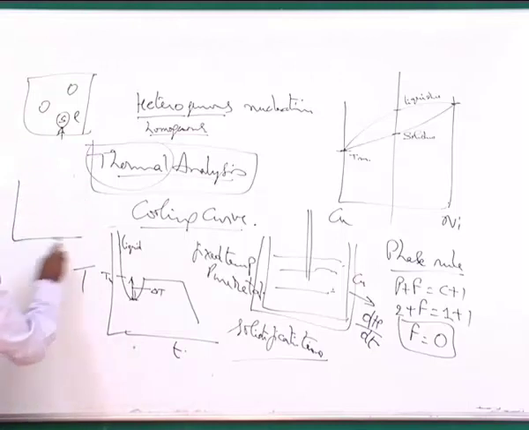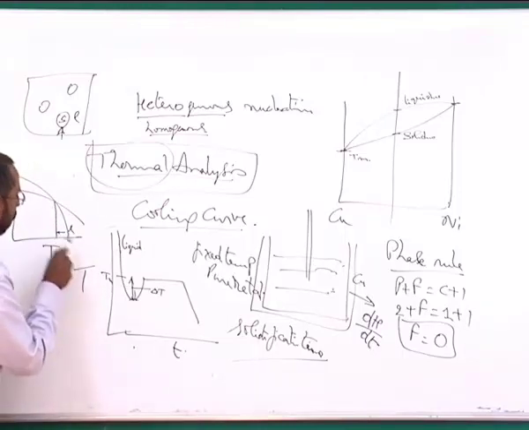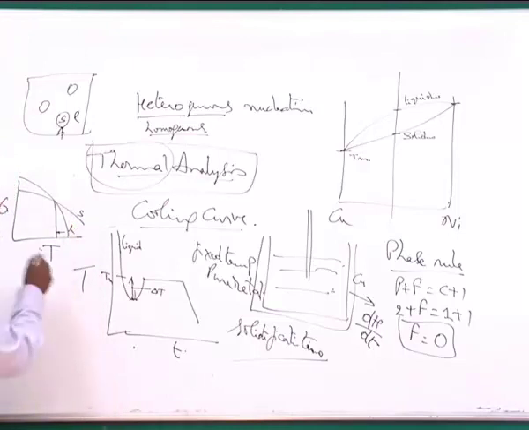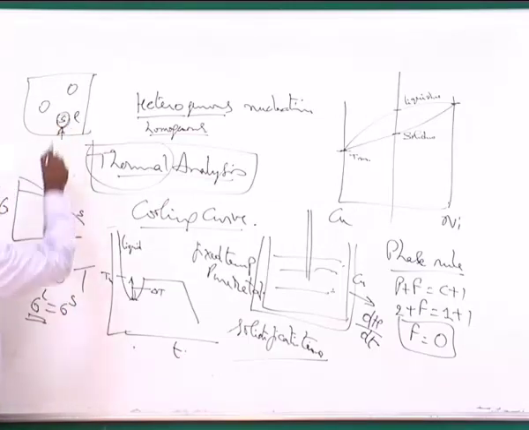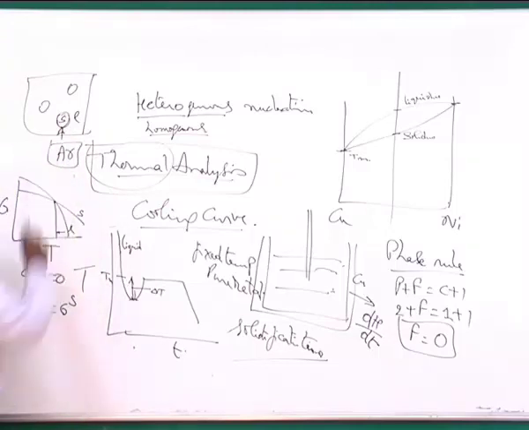And at the melting point, as we can see, if I plot G versus T, you will see that at the transformation temperature, if I am taking a liquid and bringing it up to the melting point, this is a solid. The moment I bring it up to the melting point, ΔG is 0. So the liquid does not have any excess energy. The G of liquid is equal to G of solid. So the liquid does not have any excess energy to create this surface, which needs this much energy to be spent.